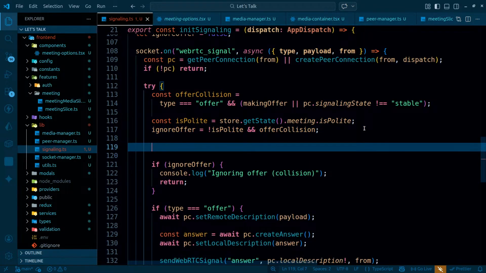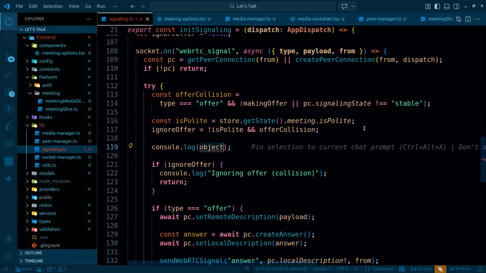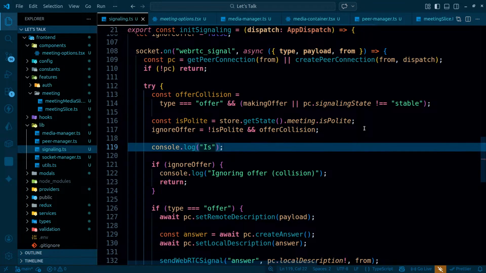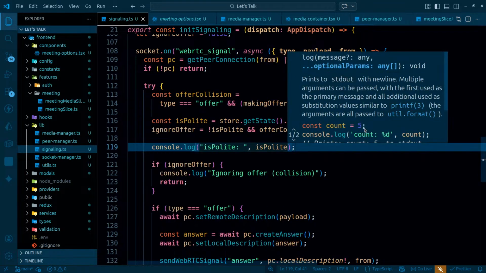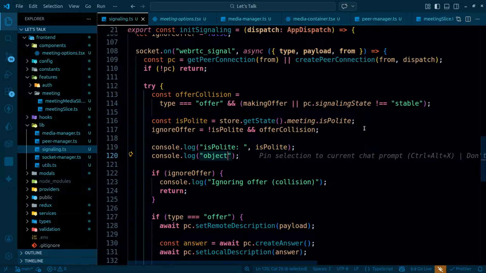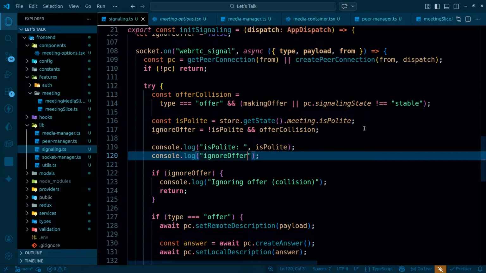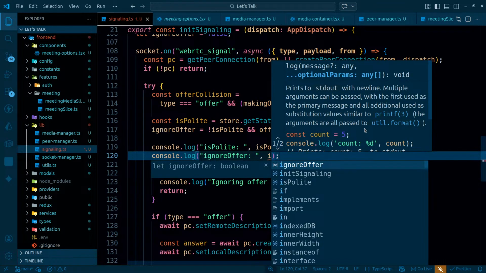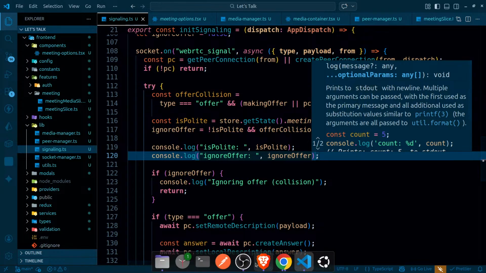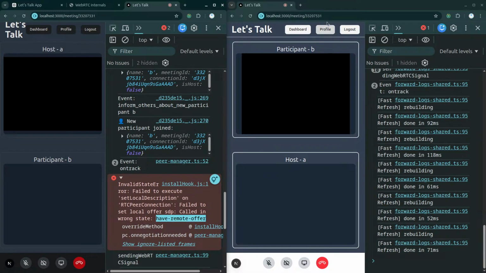CLG is polite, it's actually gonna be equals to is polite here, and CLG ignore offer, that's actually gonna be equals to ignore offer. So the other things I'm gonna be logging,